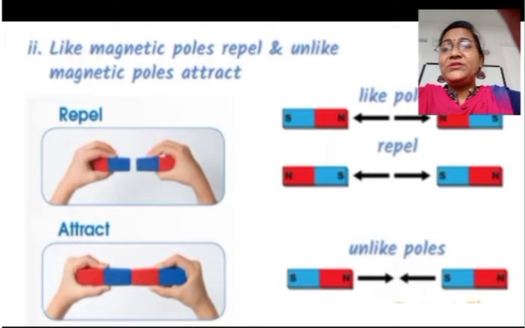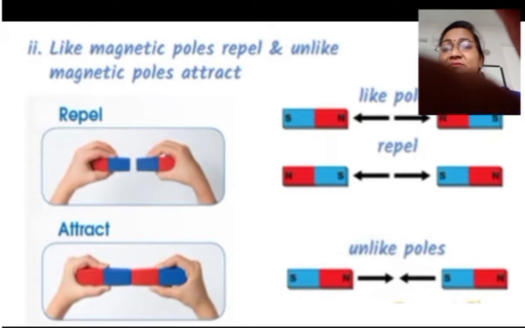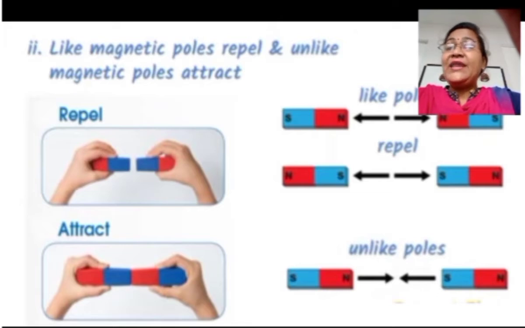This was about the first property of a freely suspended bar magnet, as it comes to the north-south direction. Now we will see the second property of magnets, that is, like poles always repel each other, and unlike magnetic poles always attract each other. If we hold two bar magnets in both hands and try to bring them closer to each other,